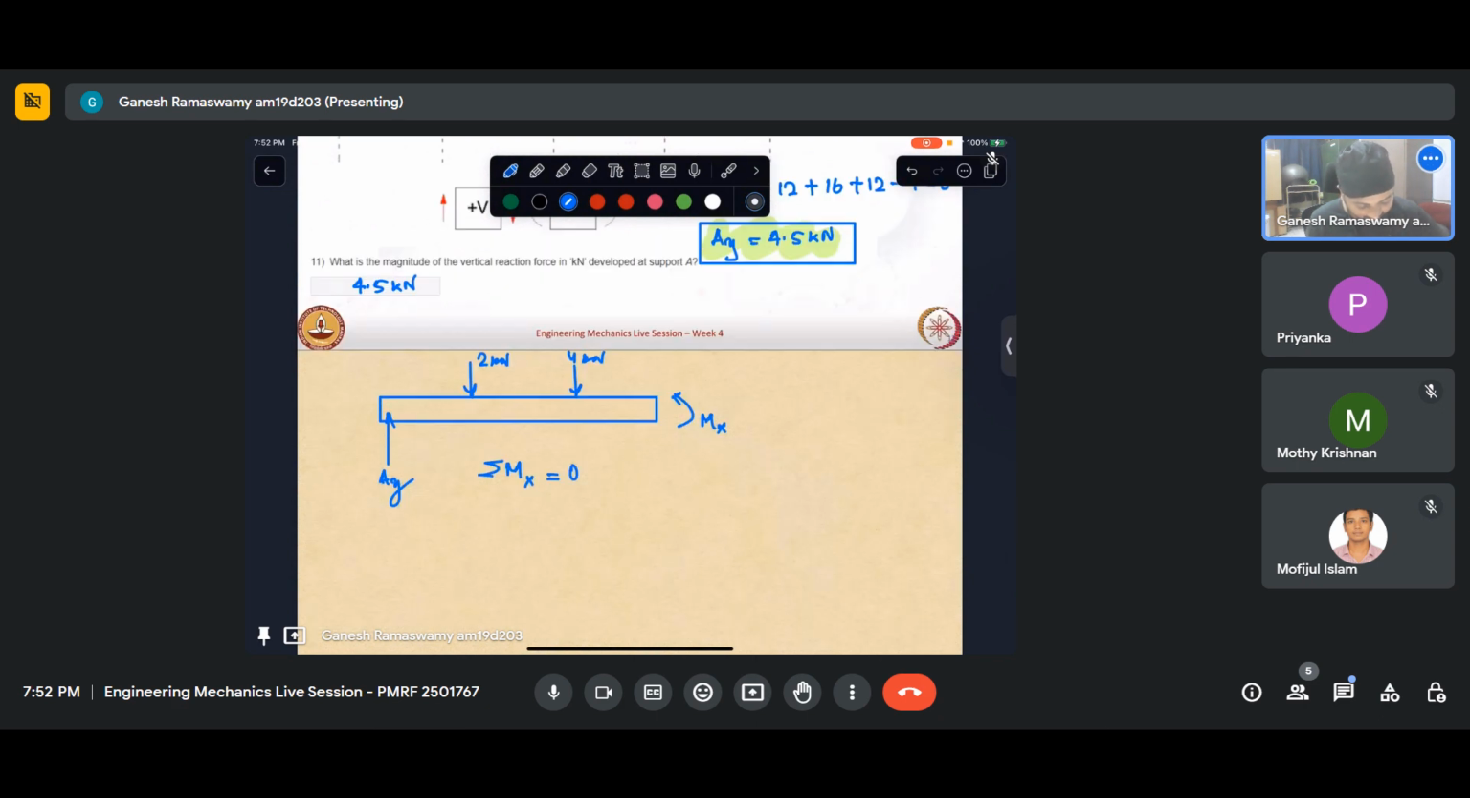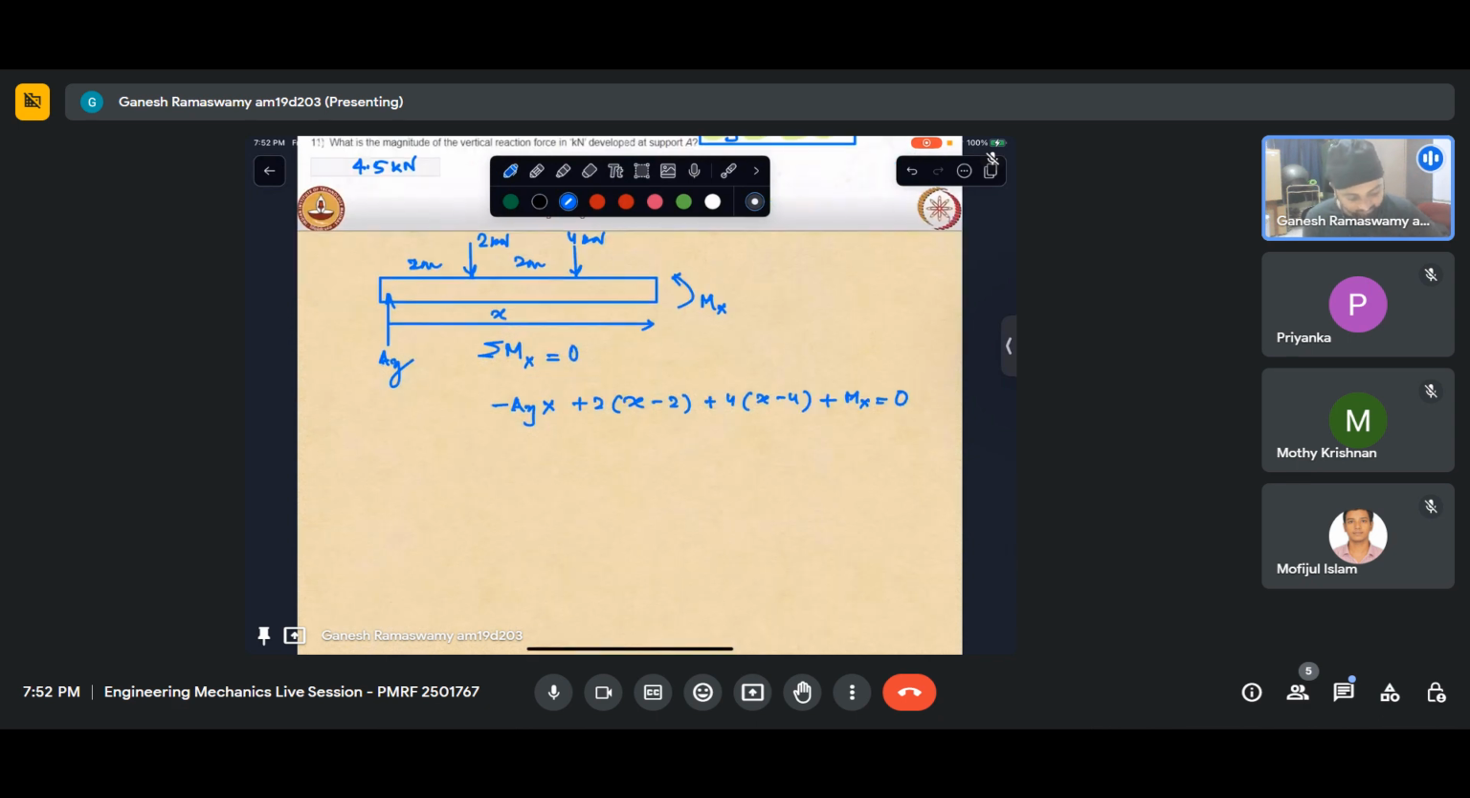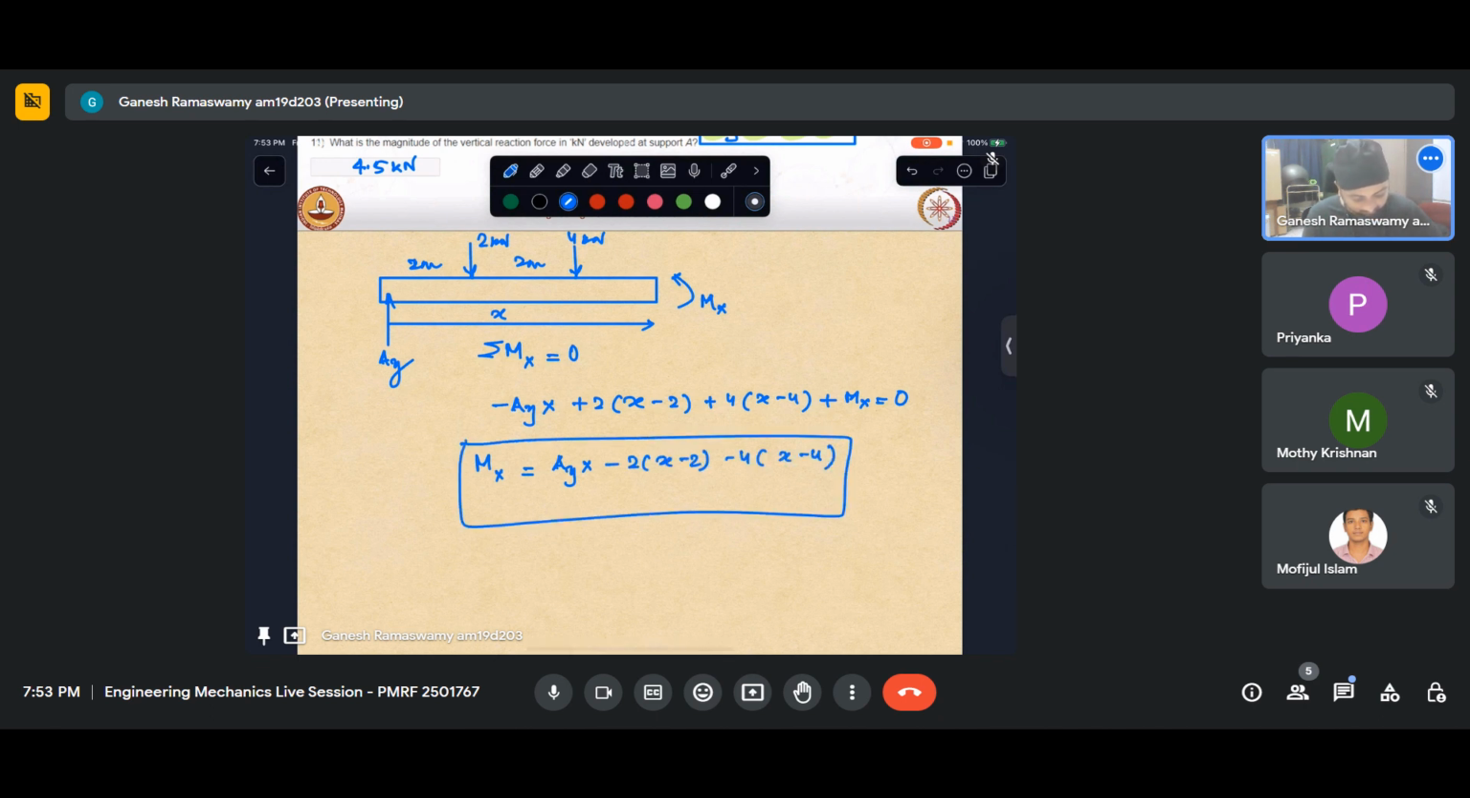Now, when I do sigma Mx equaling 0, essentially, if this is x, I'll get minus AY x plus 2 into x minus 2 plus 4 into x minus 4 plus Mx equaling 0. So essentially, whatever I add up, I'll be getting the negative of the bending moment here. I hope that is clear what I'm trying to say. So I can quickly write my equation this way. I just have to substitute for x. Now if I substitute x equal to 4,